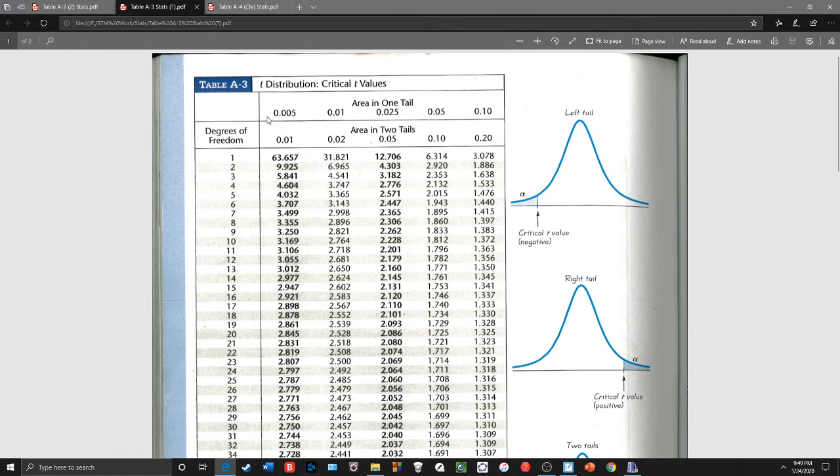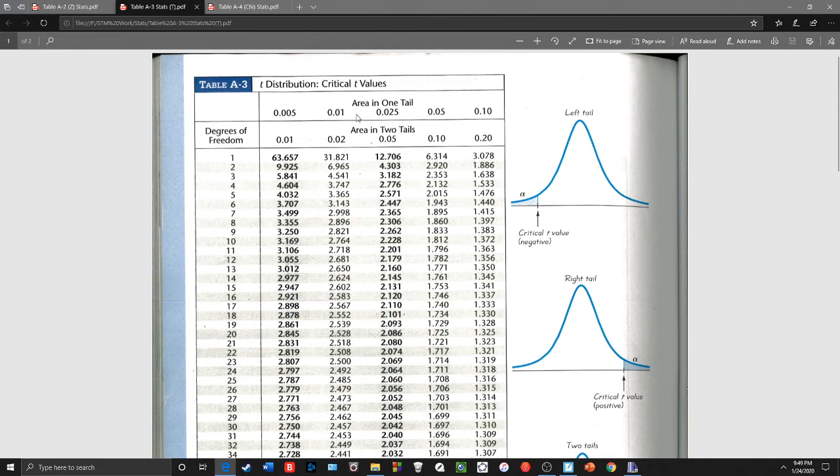I'm after this number. So you have to kind of think and say, okay, how are these areas going as I go this direction? As these numbers go closer and closer to 3.6, as I keep going closer and closer to that value, what happens with my area? Well, 0.1, 0.05, 0.025, 0.01, 0.005, these areas are going down as you keep going to the left, right? They keep getting smaller and smaller. So as these numbers go up,